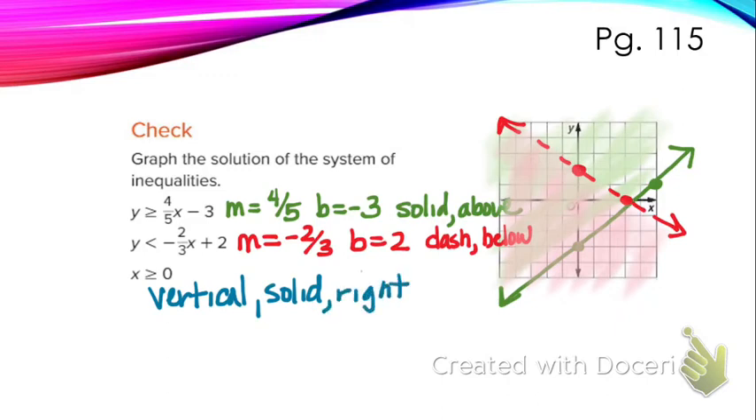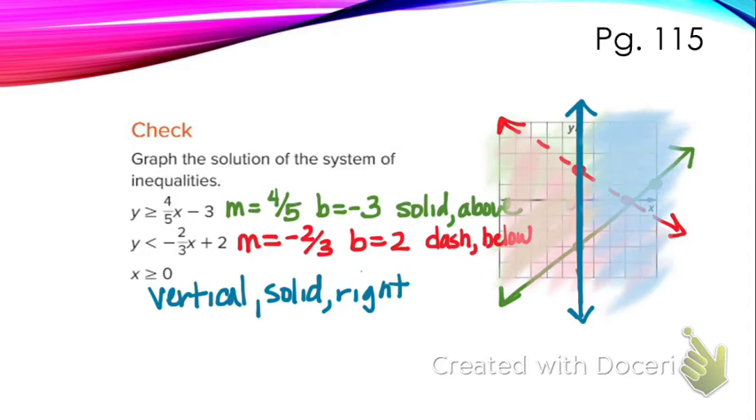So you're going to make a solid line. I'm going to use blue. So this blue line, solid. Making it kind of thick since it's right on top of the y-axis. And you're going to shade to the right. Okay, so the solution is kind of hard to see on my screen. Let me see if I can use a lighter shade of blue. No. Okay, well, the solution